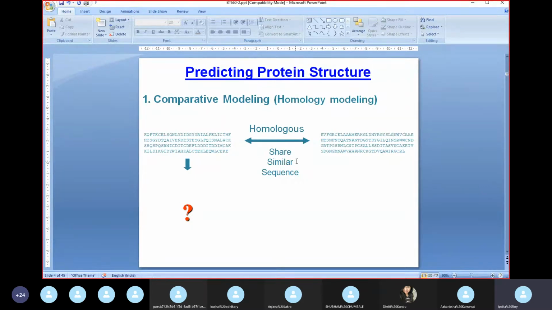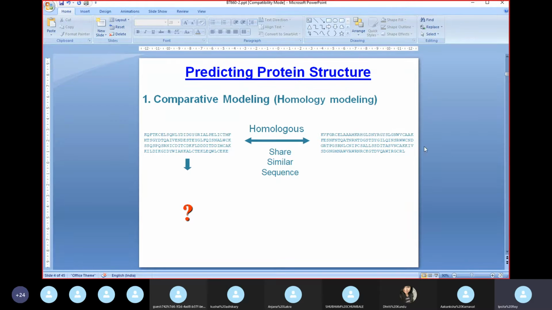You start with looking for a sequence where the similarity score is high, but because it's a new sequence, that is not always possible. So then you go on reducing your threshold. Obviously, you cannot go very low, because if there is a sequence which has only 5% similarity with this sequence, those are practically two entirely different sequences. So the structure that this known database member has will have nothing to do with your target sequence.